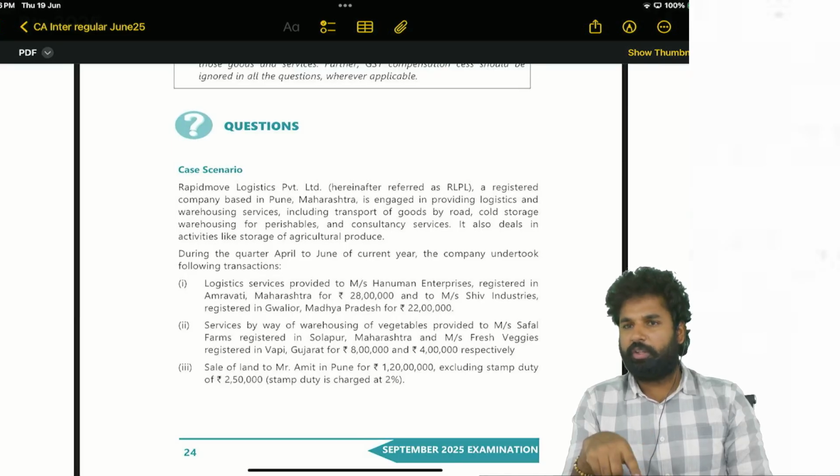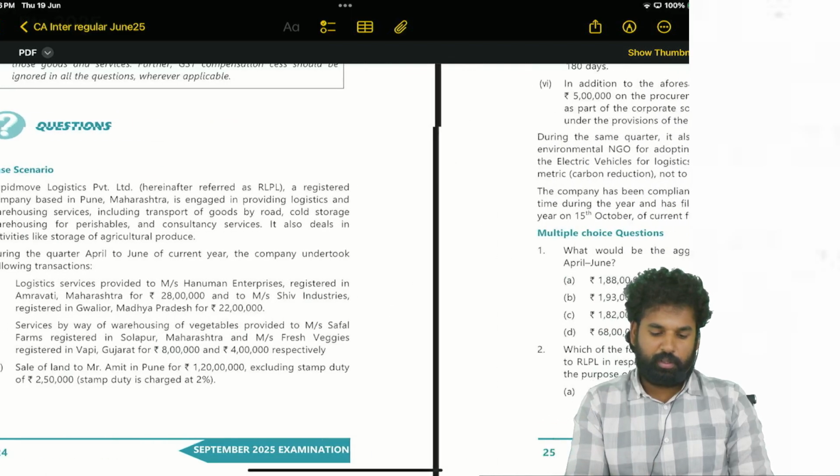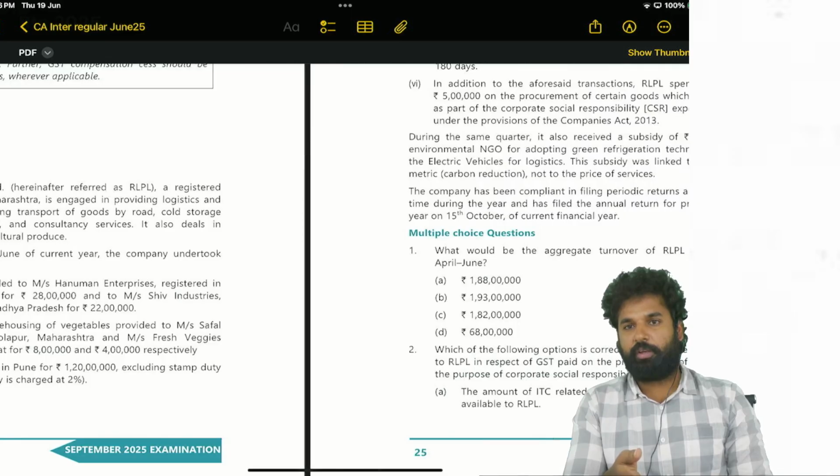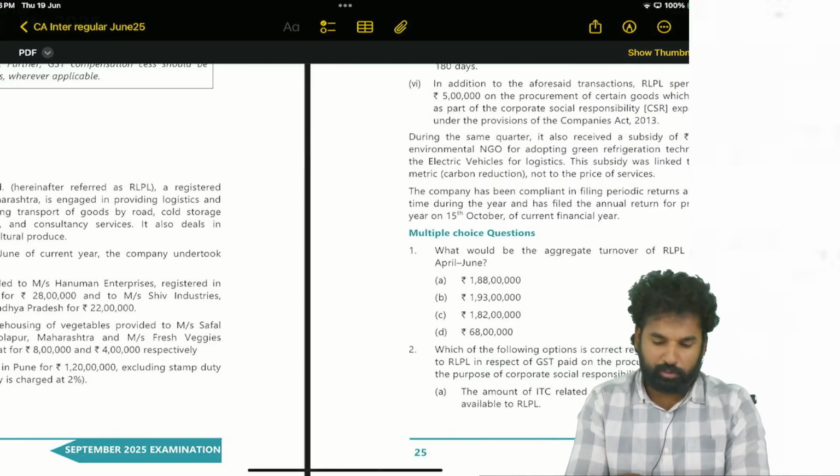Sale of land. Schedule 3 is complete. It is not a supply. First of all, it is not a supply. It cannot be treated as non-taxable supply. It is not a supply, first of all. Next,